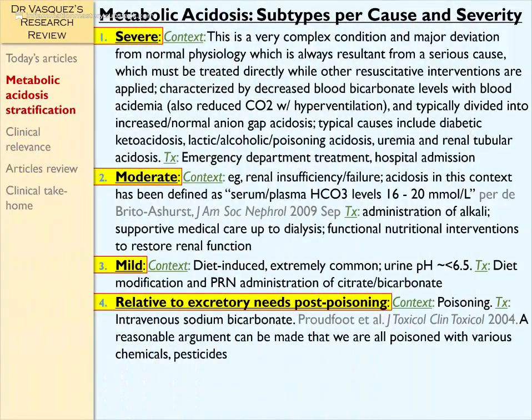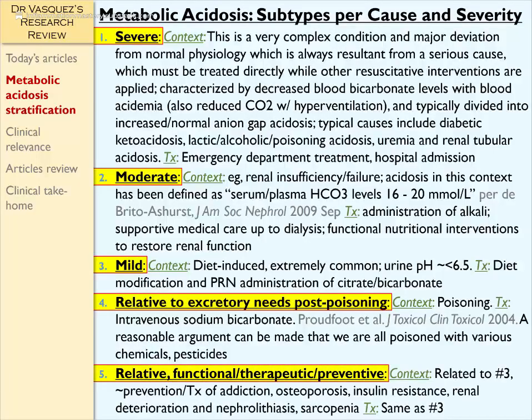But I'd also like to state here that a reasonable argument can be made that we're all poisoned with various chemicals and pesticides, and that therefore urinary alkalinization probably has therapeutic and preventive medicine benefits for just about the entire population. Also, a 5th category here, we could say relative functional